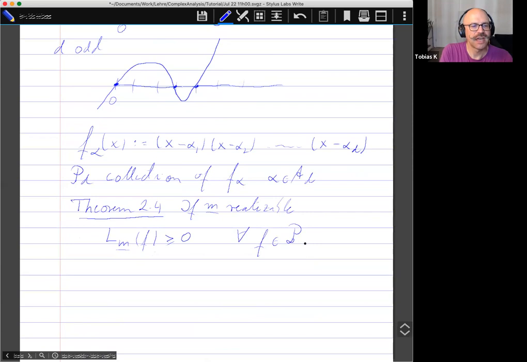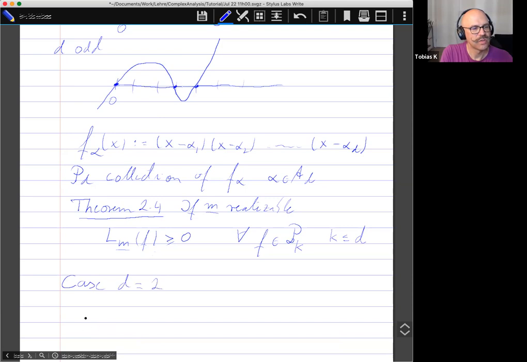Fp. And here I made a mistake. I can have here a K, and K has to be less or equal to d. So I have to have it for polynomials of first degree, second degree, third degree, up to the maximal degree. So for example, in the case d equal to 2,